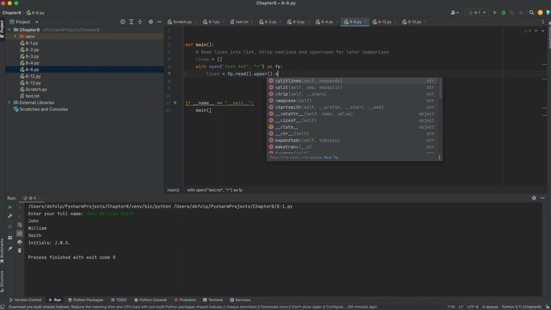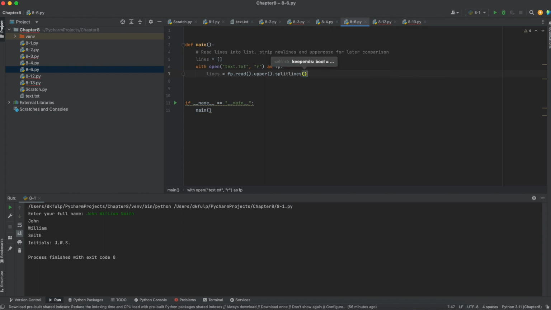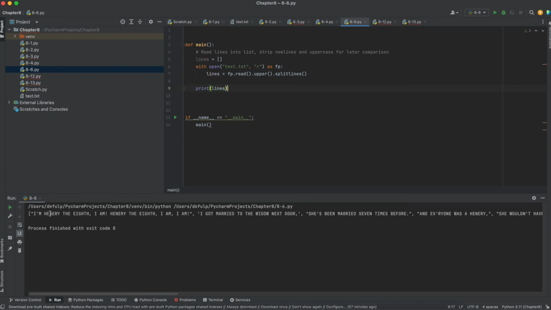And then we can do .splitlines like that, and that'll make a list for us that is sanitized. The splitlines will split on all the newline characters for us automatically. All right, so if I print lines now, I run this, you'll see we have everything in capitals. There's no \n anymore, and this is an easy way to go about that. Okay? So once we have our lines, we want to get the user's search term